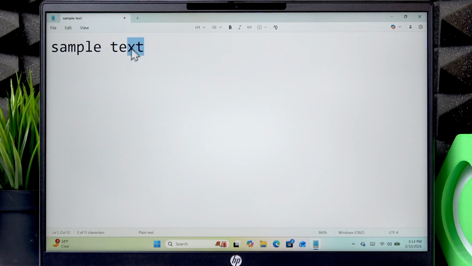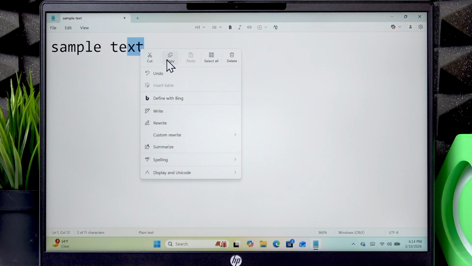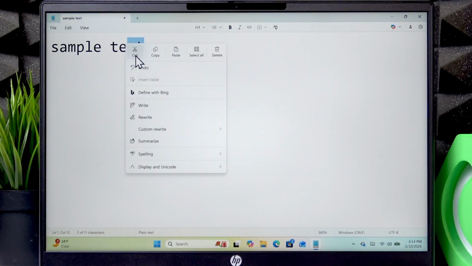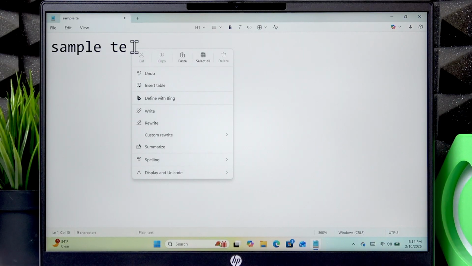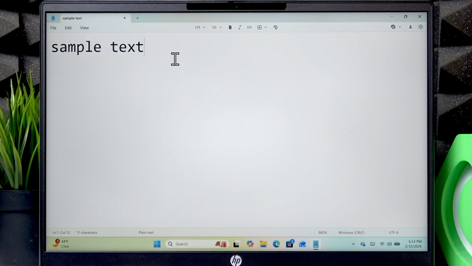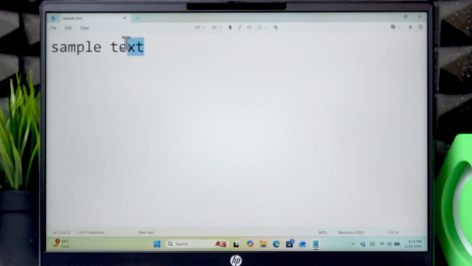and then either right-click and select copy to copy, or right-click and select cut if you want to cut out the part of the text. And if you want to paste it, right-click and select paste. Otherwise, we can also select the text and click